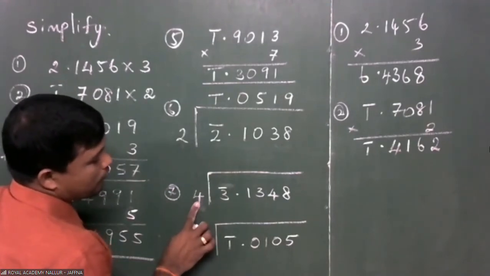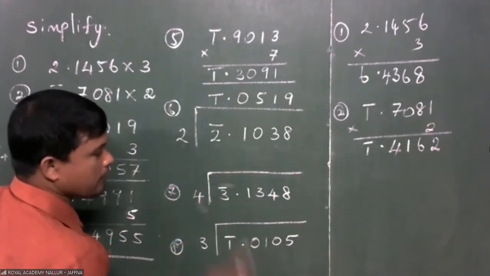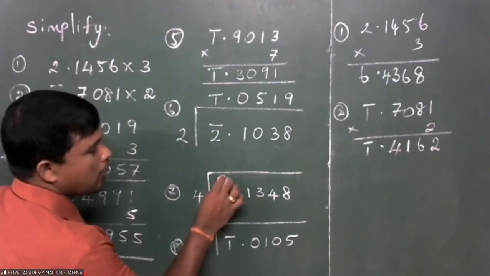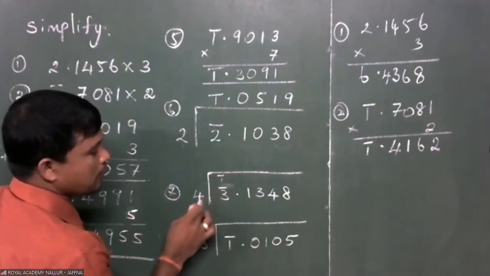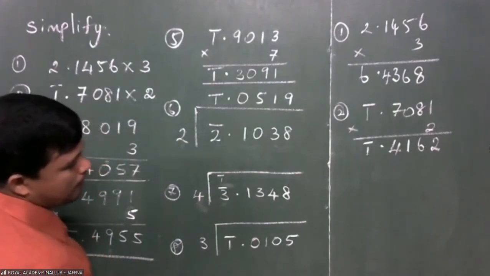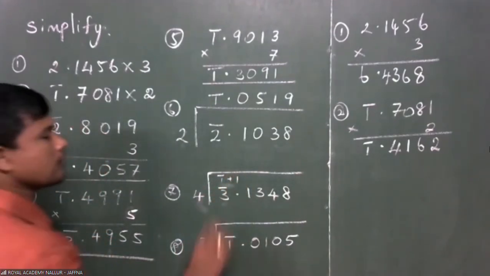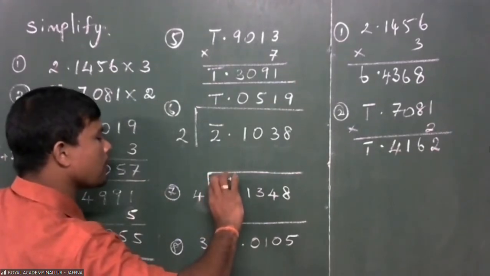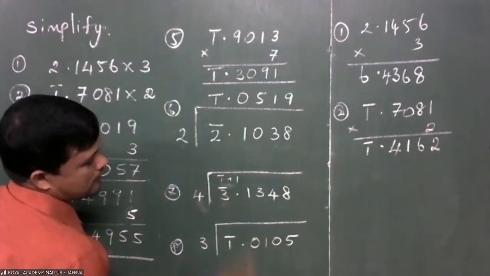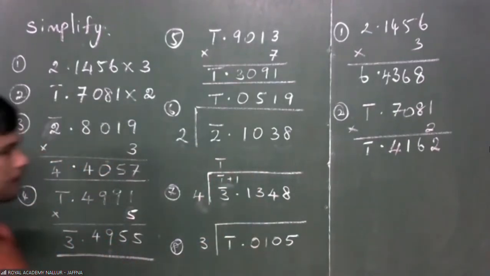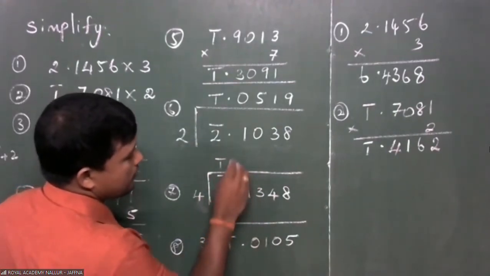Next one. Here we have to make the change. Divisor is 4, but this answer is bar 3. To make it a multiple of this divisor, you have to give bar 1 to this, because the first multiple of 4 is bar 4 here. So giving bar 1 and taking plus 1 from there, now this is bar 4. Out of bar 4, 4 is bar 1 times. Okay, this is okay.